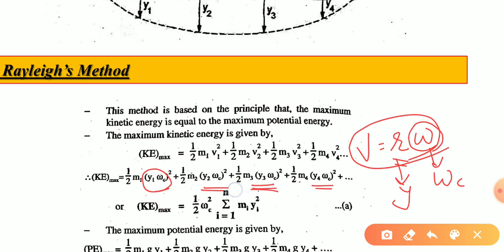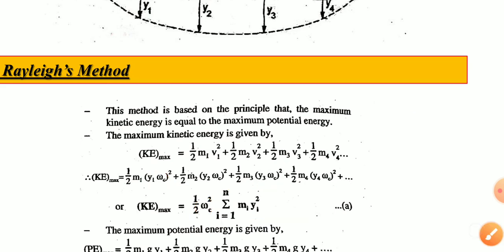So in general we can write 1 by 2 sigma m y square omega c square. The critical speed is common for all because all the rotors are mounted on the same shaft. So by generalizing we can give the kinetic energy by this equation. In the same way,